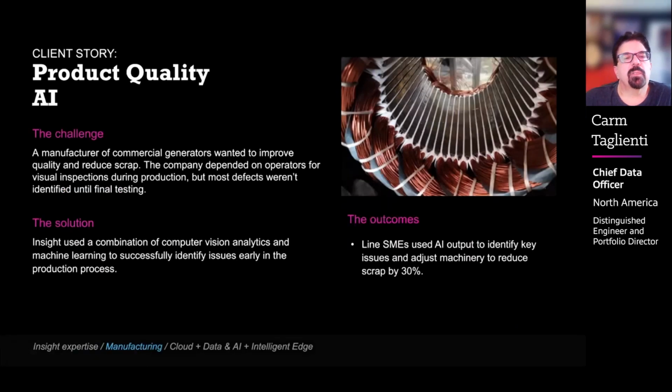Okay, so some examples. Where have we done this before? Things like product quality, for example. Again, AI, yes. And here we're looking at how you improve quality and reduce scrap that might occur in a manufacturing process. But fundamentally, this is really about the collection of data. So understanding what it is that you're looking to accomplish as a business. And in this particular case, they wanted to improve quality and reduce scrap. So there you go, that's the business problem.